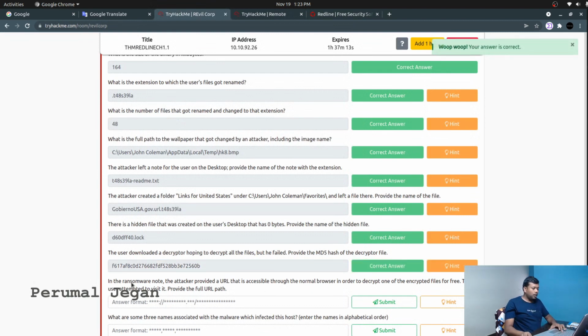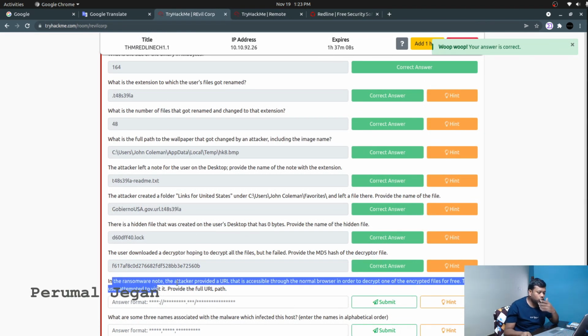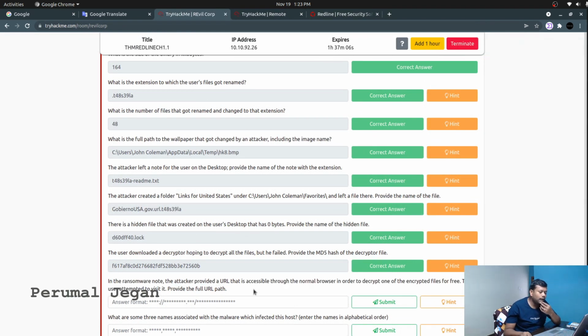All right. The next question, in the ransomware note, the attacker provided a URL that is accessible through a normal browser in order to decrypt one of the encrypted files for free. The user attempted to visit it, provide the full URL path. We need to find the URL path that the victim attempted to fetch the decryptor file.